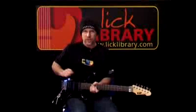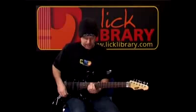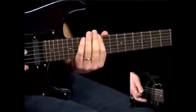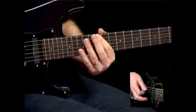Okay, so we'll break down the first lick now. What I'm using is the minor pentatonic scale with the root note E. So here's what the E minor pentatonic scale looks like. I'm going to start off on E on the 12th fret of the E string and play E, followed by G on the 15th fret of the same string, A to B, 12th fret to 14th fret on